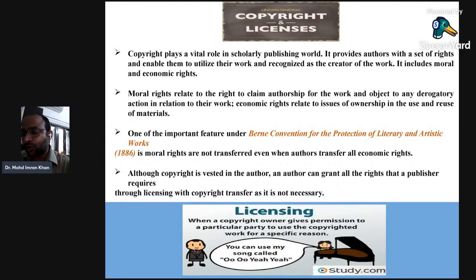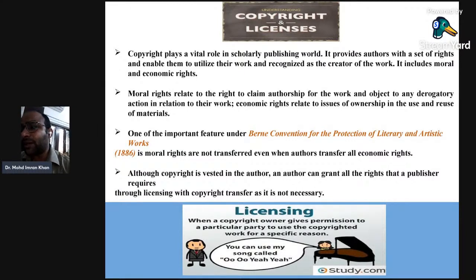As I told you, like other IPR, copyright is again a negative right. Negative in the sense that it excludes others from the bundle of rights which it gives to you as an author. And what are the bundle of rights? Like the right to republish your work, the right to convert your work into another language, the right to translate your work, a right to make a movie out of your work. But obviously, for that you need the movie maker, the producer. Obviously, you grant them certain rights, you transfer certain rights to them. So these are n number of rights which are given to you when you have a copyright.